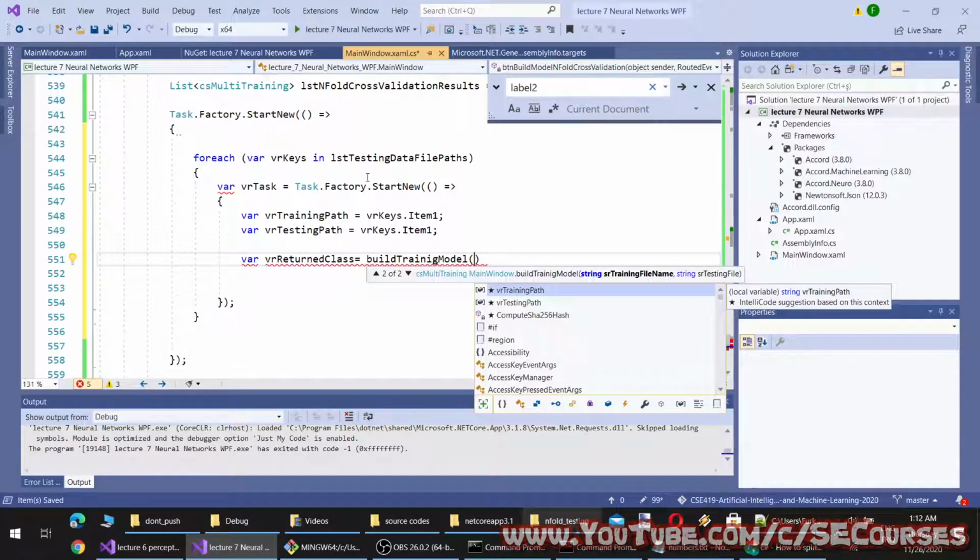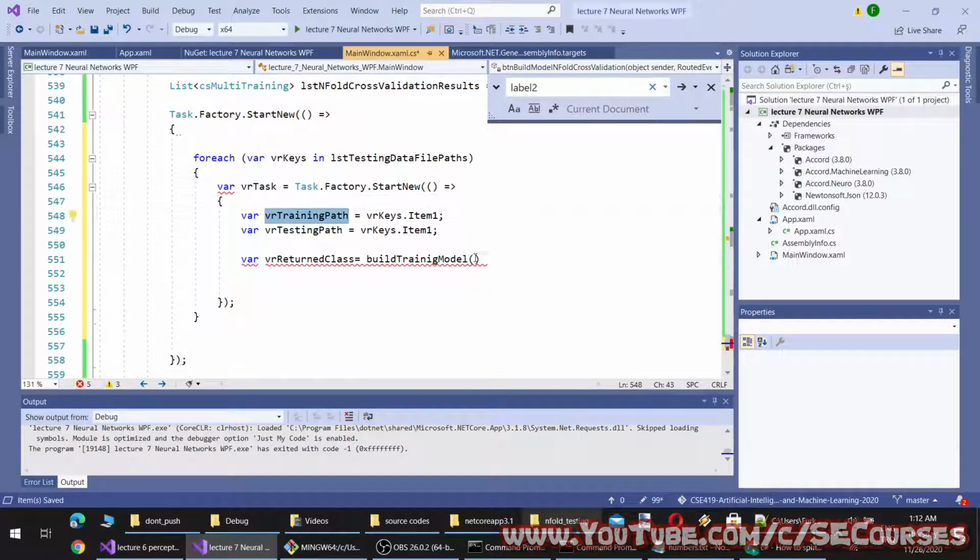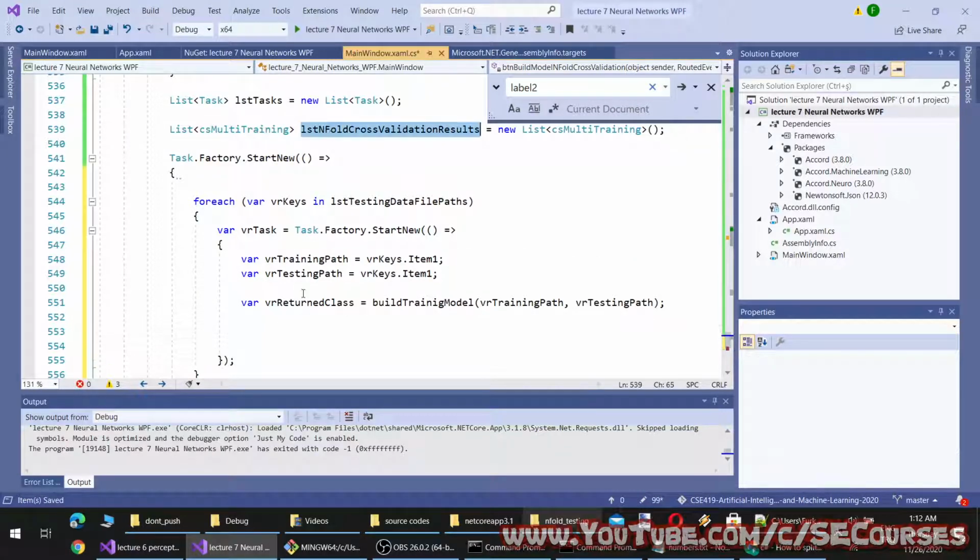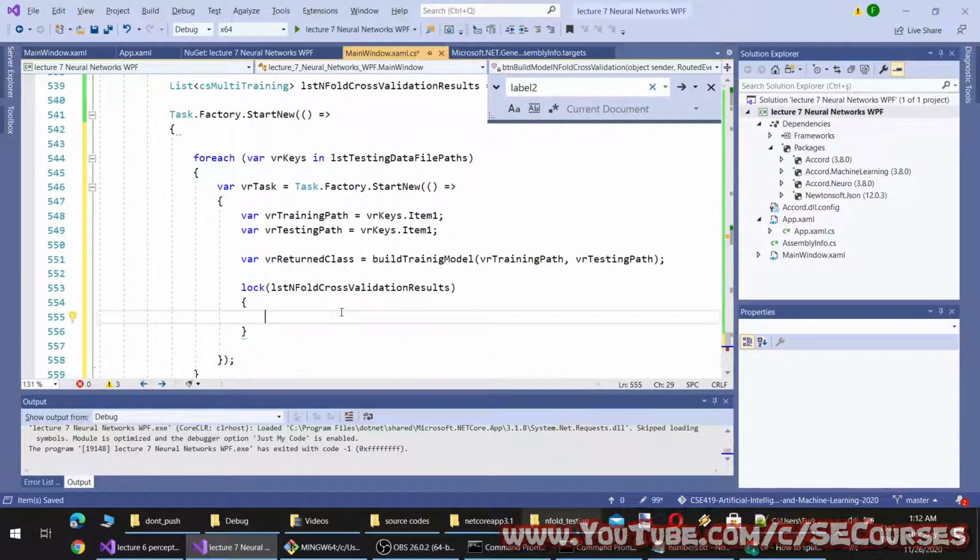So it will take the training file name and the testing file name, and it will return a model, and I will add this model to this, but I will use locking because it will be running as multi-threaded.